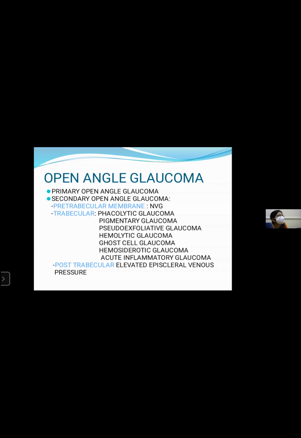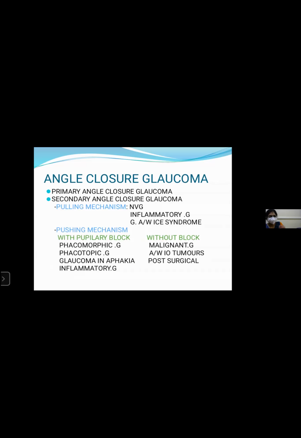Angle closure glaucoma. Here the intraocular pressure remains constantly raised and there are similar visual features and changes which are seen in primary open angle glaucoma, and in the secondary angle closure glaucoma initially there is a relative pupillary block where the apposition of the pupillary margin against the lens surface in a mid-dilated pupil occurs. Due to this, the pressure in the posterior chamber where the